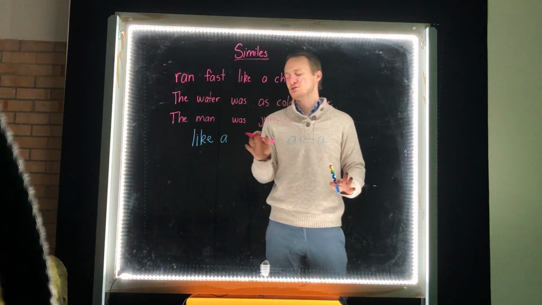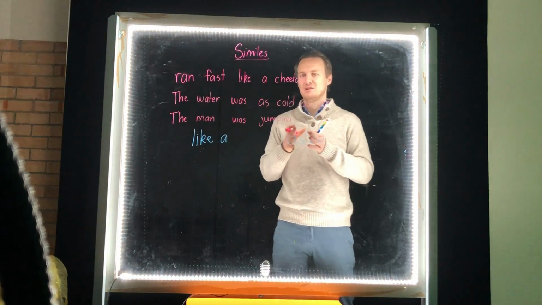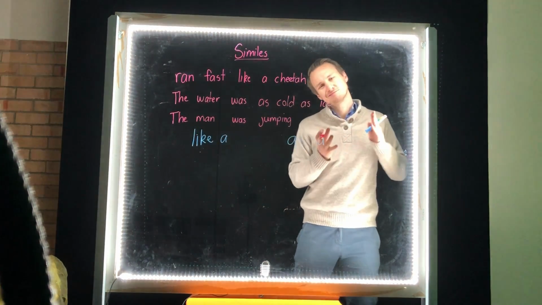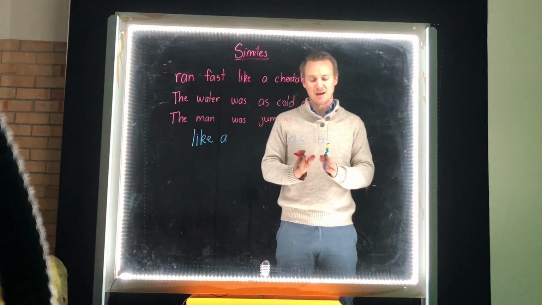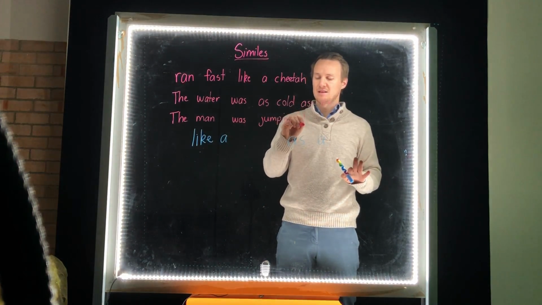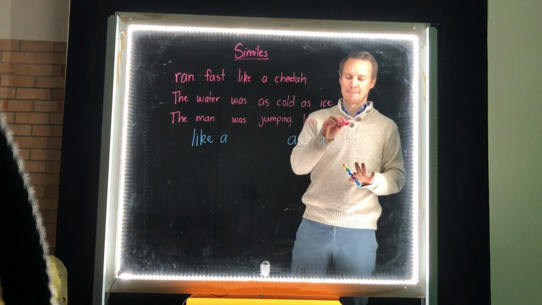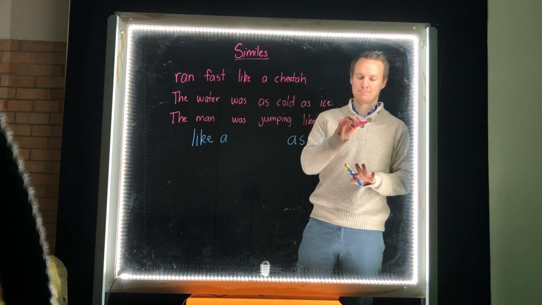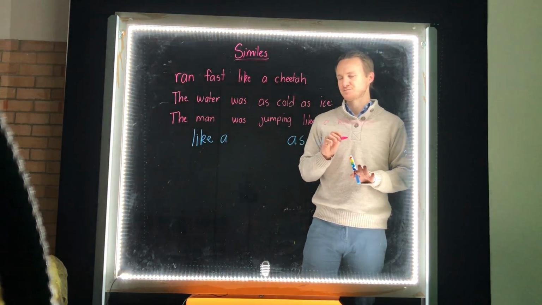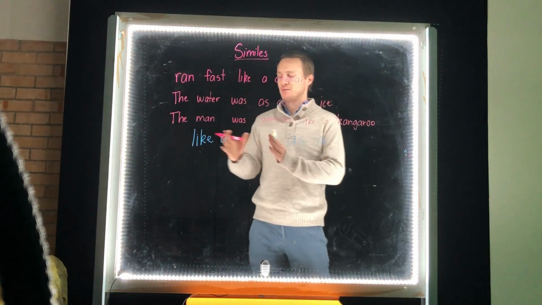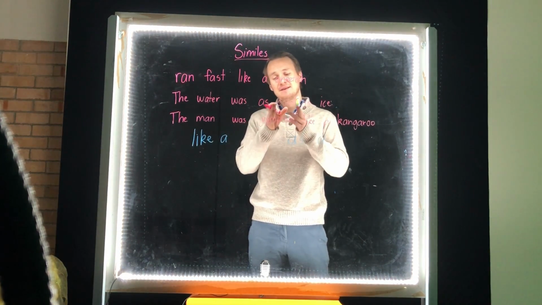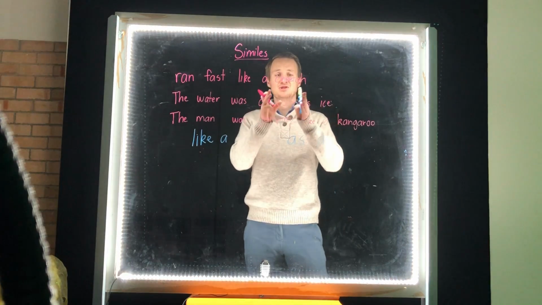So instead of saying the man was jumping a lot, we think of like a or as a. The man was jumping like a kangaroo. So similes is when we compare the action that something's doing, if something's cold or someone's jumping or they're hot,